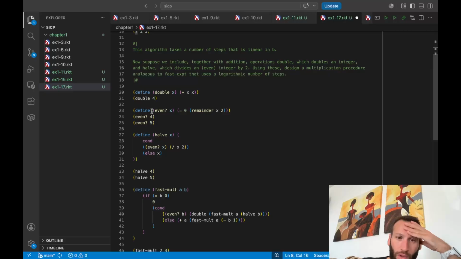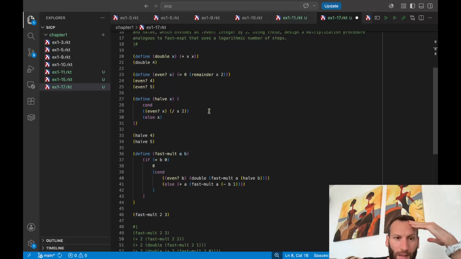And I also defined even, which returns true if the remainder of the division of x by 2 is 0, and otherwise returns false. Then I defined half that takes one argument,